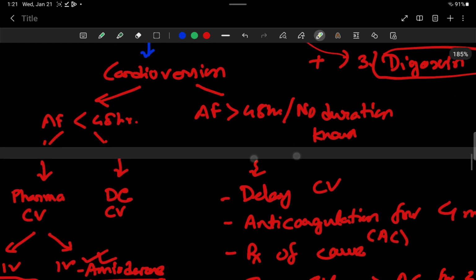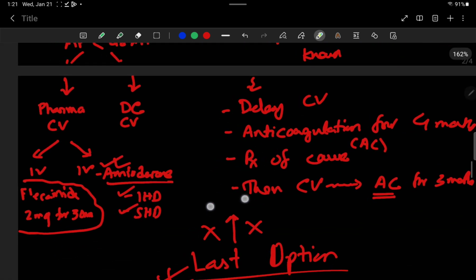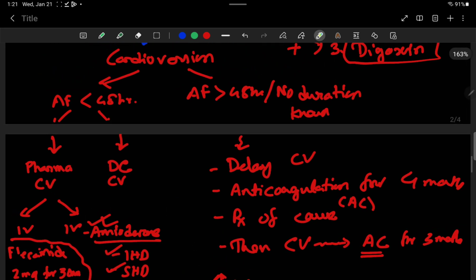So how to do cardioversion? If the patient presents with an episode of less than 48 hours, you can give pharmacological cardioversion as the patient is having symptoms. Pharmacologically, you should give IV flecainide, but you must know that no structural disease should be present. So this drug has some limitations, but a good option is amiodarone. If there is heart disease, you can go with this one. The second option, in less than 48 hours, is DC cardioversion, but the relapse rate is higher here. So it is good to hospitalize the patient and give IV amiodarone.